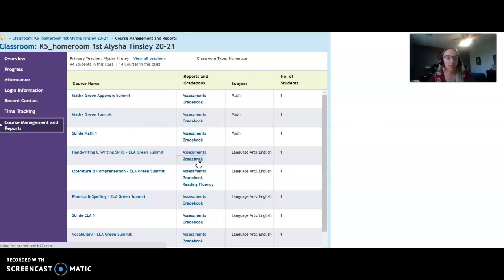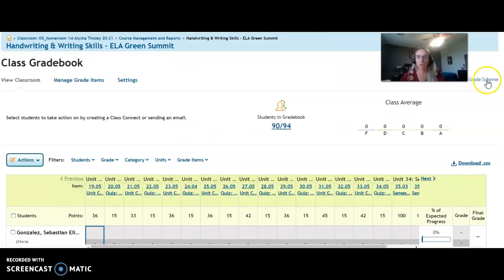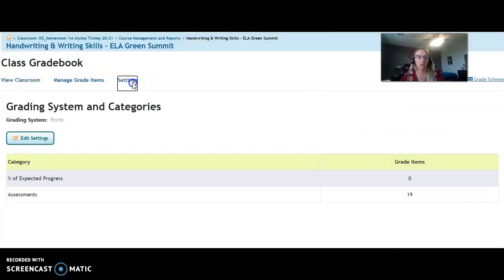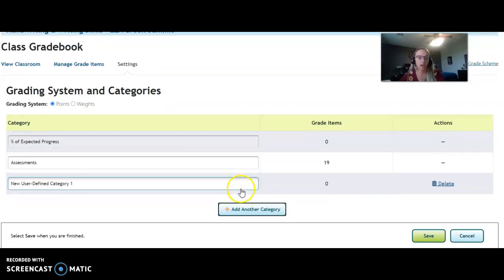So click on handwriting. Again, let me move this. Make sure you click over here, grade scheme. Looks correct. Okay, you're going to click on settings. We're going to edit settings. And this is handwriting, so we're going to add, let me go back to where I was on this other slide here. So handwriting, we're just going to add one category, and that's going to be our work samples. They won't have a participation for this one. Okay, so that's what it should look like